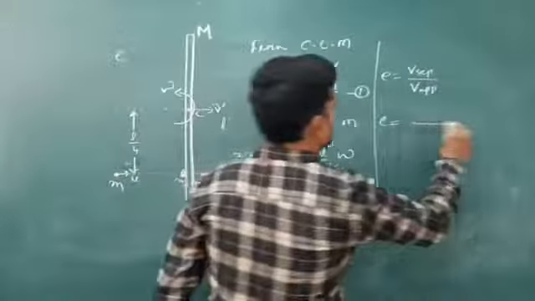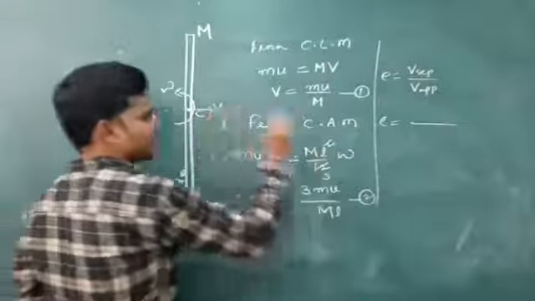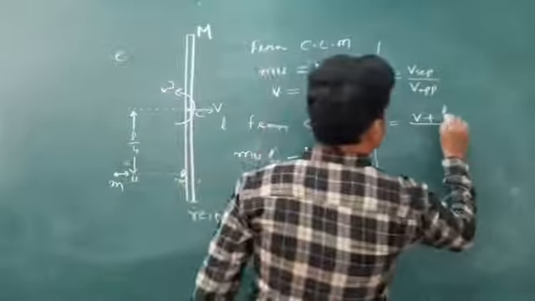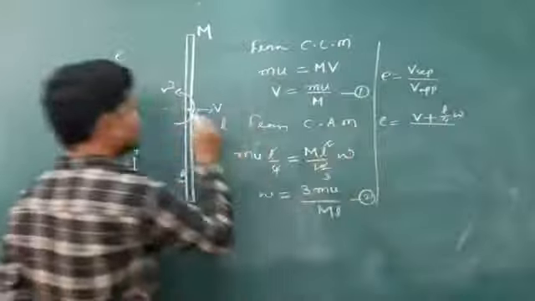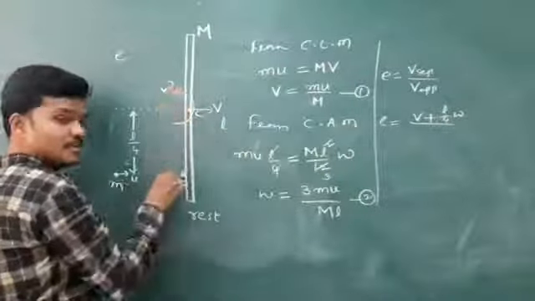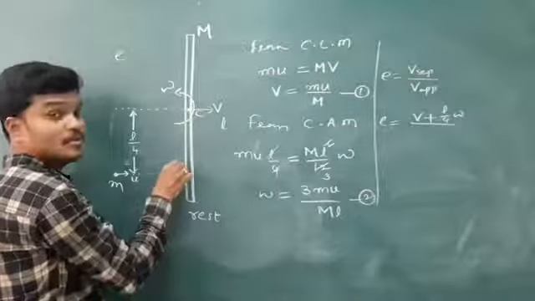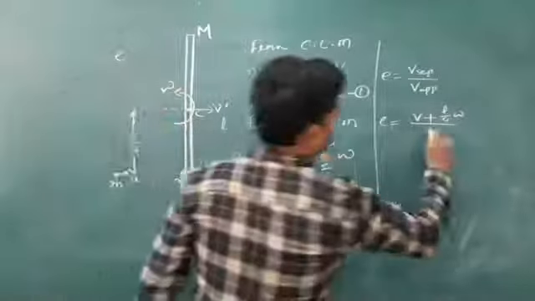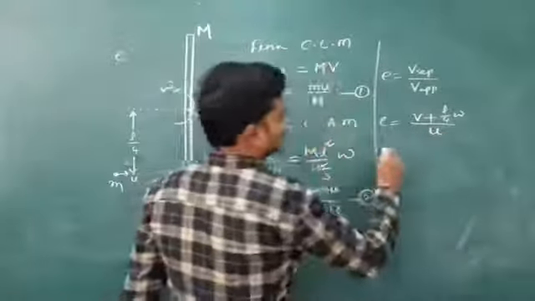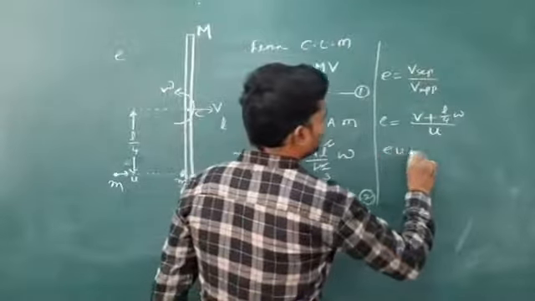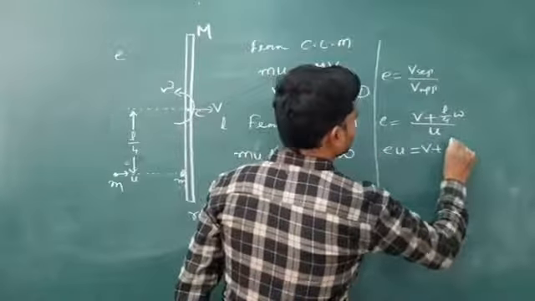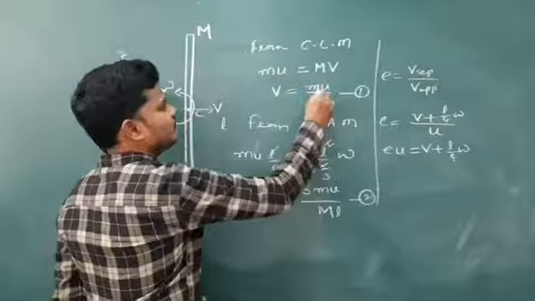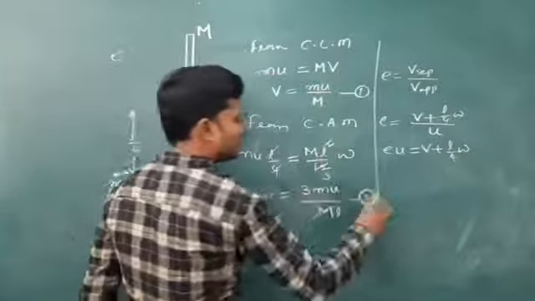Velocity of separation after the collision will have v, and due to angular speed it will have L by 4 omega, because this angular speed acts at a distance of L by 4. So it is r omega, where r is nothing but L by 4. Before the collision it is u. So e u is equivalent to v plus L by 4 omega. Substitute the v value and omega value here, and you will get the answer.